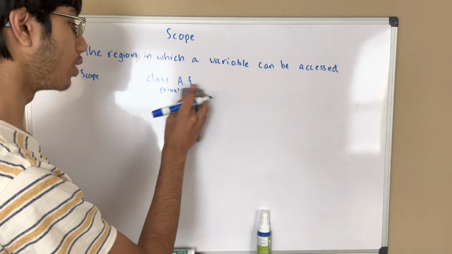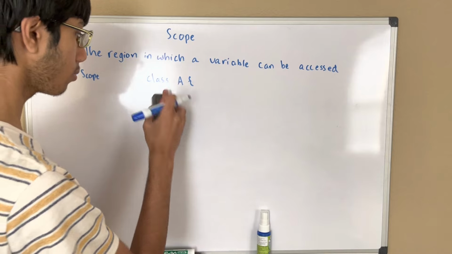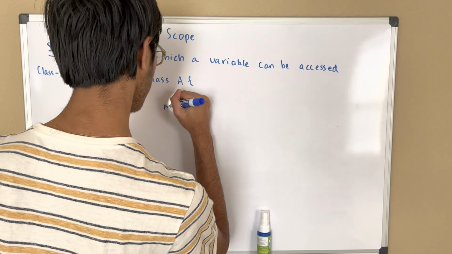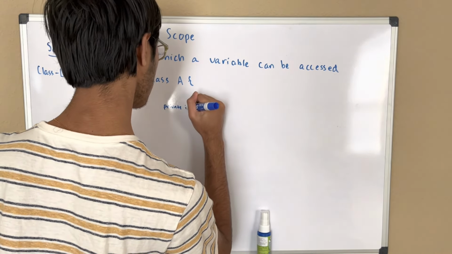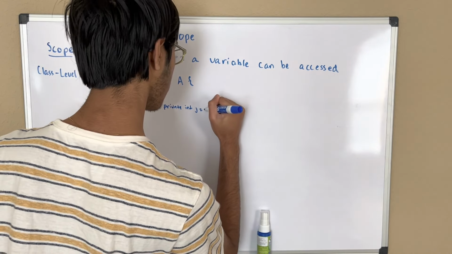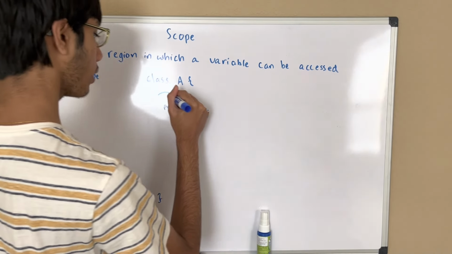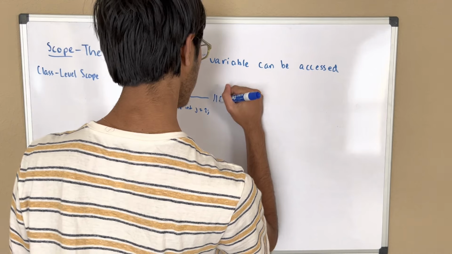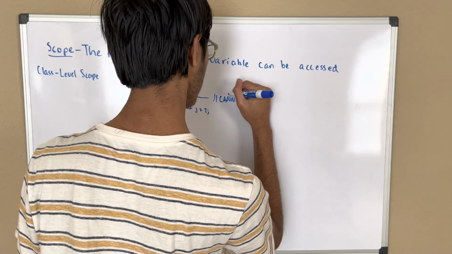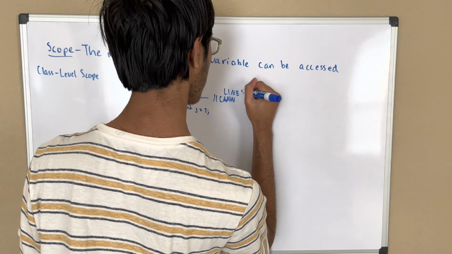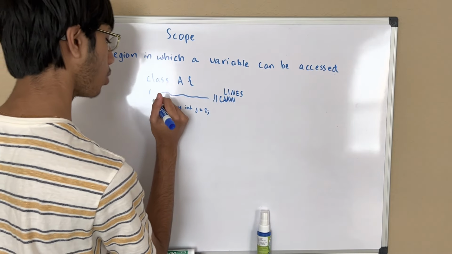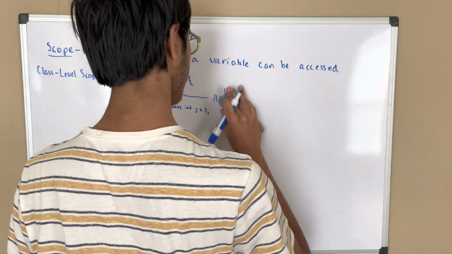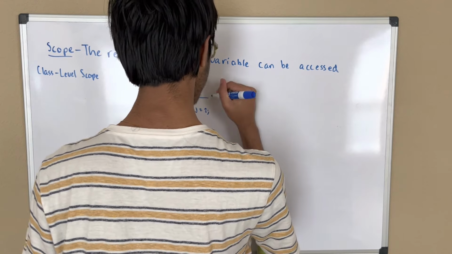So I'm going to move this. And I'm going to make a private integer called j, and I'm going to make it equal to 2. So this right here cannot initialize j. So in your program, the lines above, so let's say this is line 1 and line 2. So let's say line 1 cannot initialize